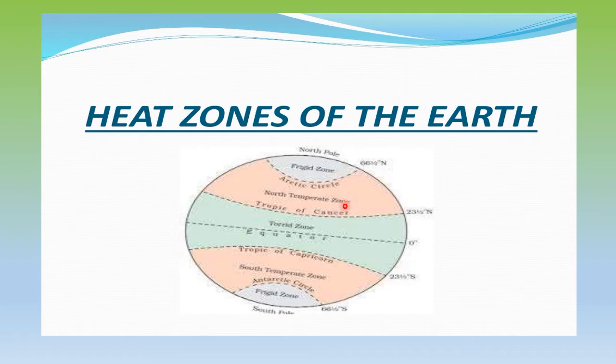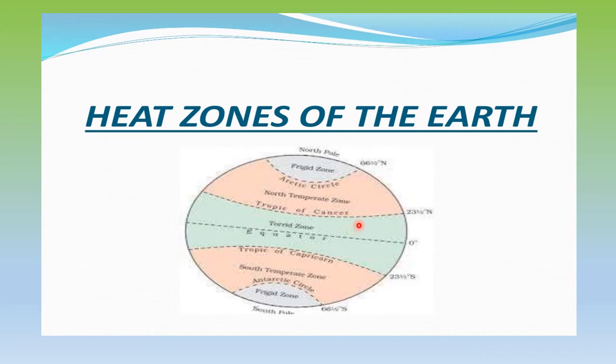Again, go above in the northern hemisphere. This is the Arctic Circle, which is 66.5 degree north. Coming here, it is 66.5 degree south. Here at the end, it is 90 degree south because it is the South Pole. Here it is 90 degree north. Now writing N and S is very important. I think you all have understood.